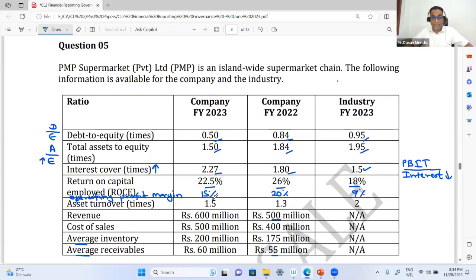Here, yes, our asset turnover has gone up in the current year, but we are still lagging behind the industry. If you achieve the industry asset turnover, let's assume two times, then what would be your ROCE? 30%. Now directors might be worried that profitability has come down from 20 to 15%. Yes, that's true. But you are better than the industry. But you are worse than the industry in terms of asset turnover. These are the things you need to highlight in the commentary.